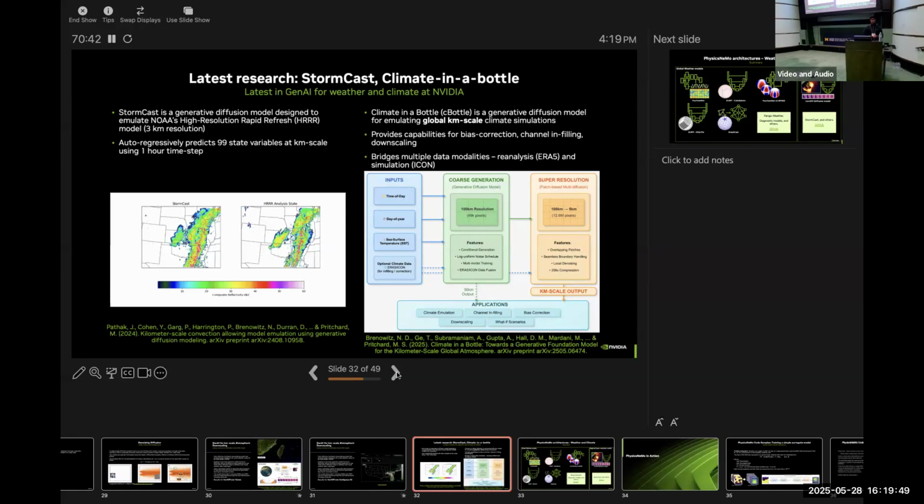You could use multiscale diffusion models, I think. Yes, that's a good point. Some of these newer works, like the Climate in a Bottle that I'm showing here, are trying to do that, basically a high resolution diffusion model directly for the full globe. And also to mention that high resolution data for the full globe is not available typically. So if that type of model has to be developed, it will be a region specific model. Yeah, and you can get weather patterns from far off regions at low resolution and then super resolve where you need to as well.